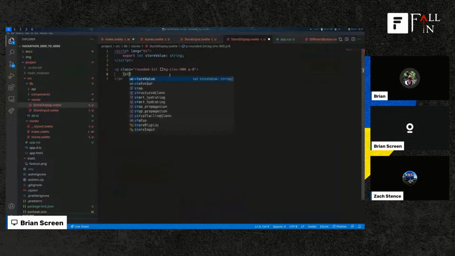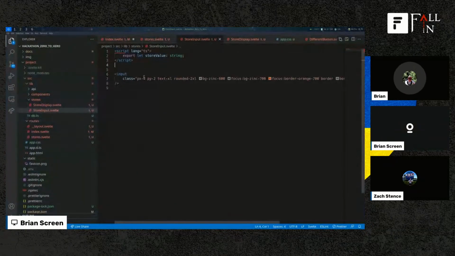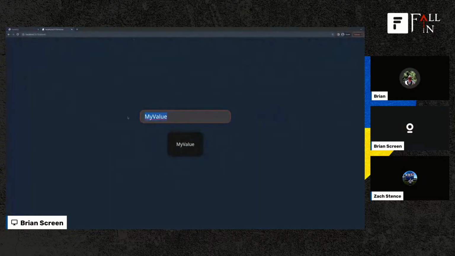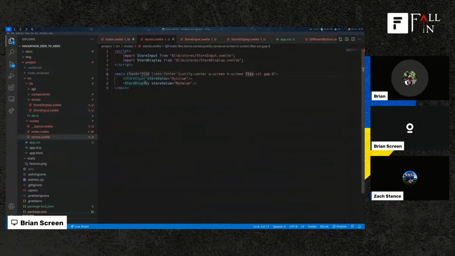Let's go ahead and place this here. And we'll go ahead and bind this. And we have it in both places, and I can change this, but my display is not changing. So a couple of options here. We can bind to an input. We can also bind to props. This is one of the things that differentiates Svelte